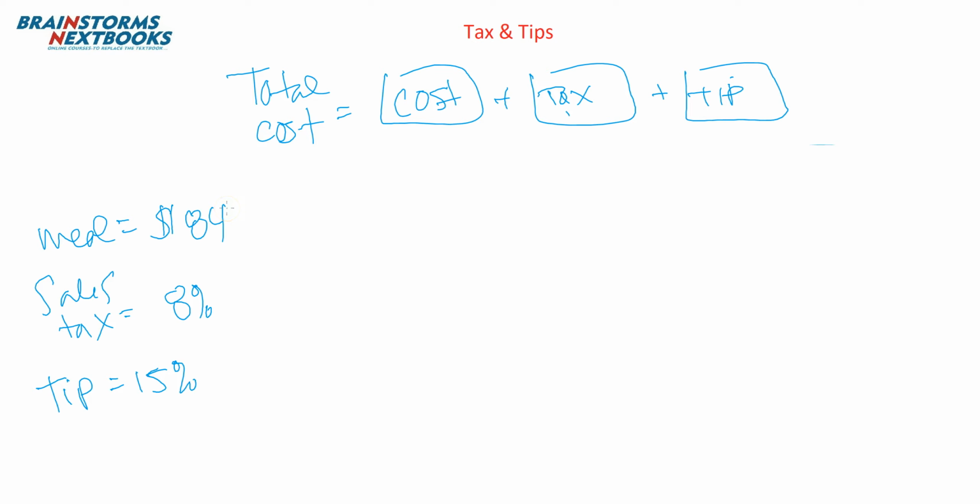So we're going to find the same thing. We're going to find our total cost, and sales tax is 8%. This time the waiter was kind of mean, very surly. So I'm not going to tip 20% like I normally do, but 15% is still good, and that's average, so that still makes sense for a decent tip. So let's calculate this sucker. The first thing, 84 doesn't change. That's the cost of the meal flat out with nothing included. Now I have to find the tax. It's going to be 84 times 0.08 plus